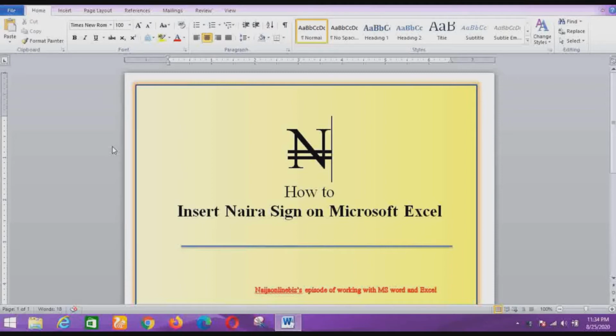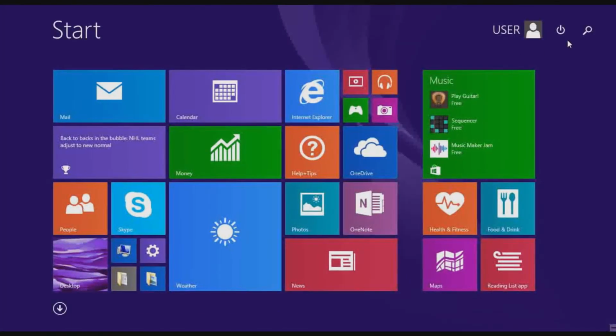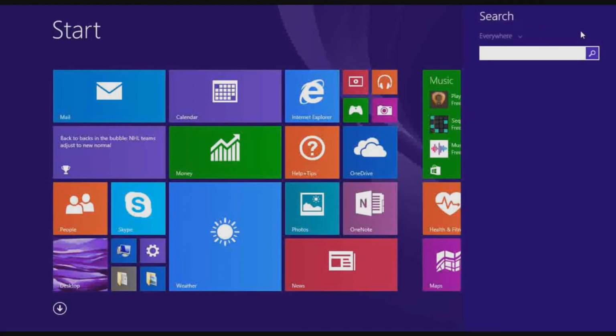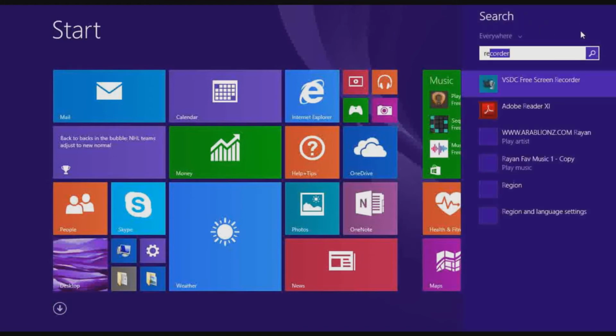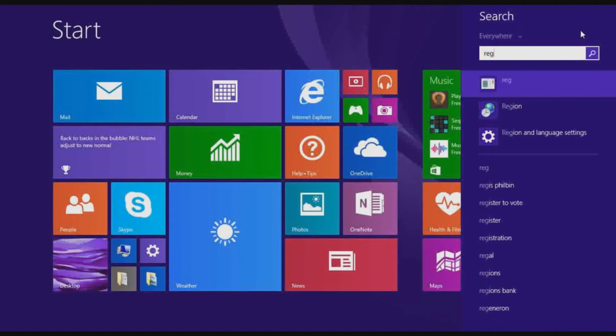To insert Naira sign on Microsoft Excel, you need to program the Naira currency symbol into your computer as it is not readily available. So the first thing we do is to go to the window button, click on the window button, go to the search bar, type region, click on region,